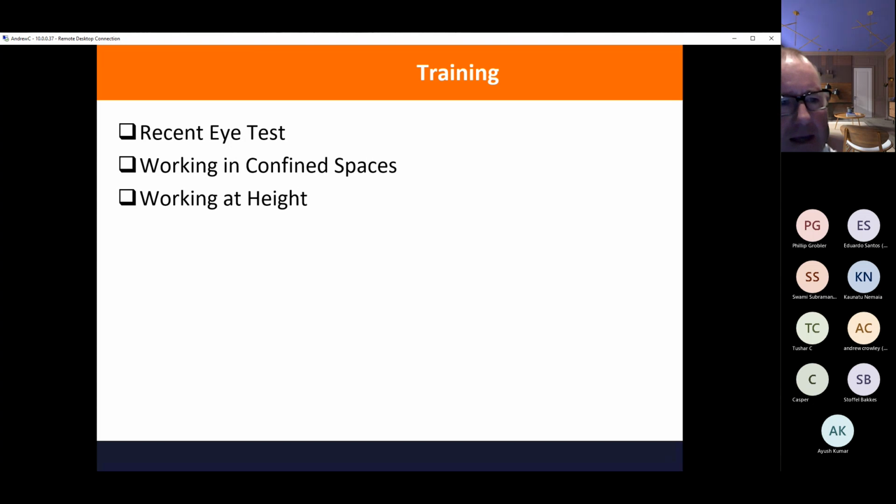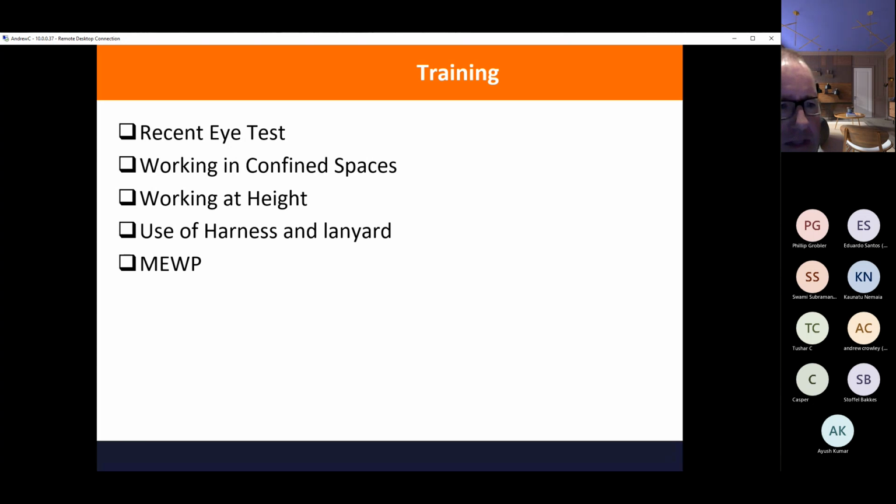Working at height, and again, they take special measures for working on roofs, see if there's any protection. If necessary, you might need a lanyard and a harness to go with it, and the training in how to use the harness and lanyard properly.